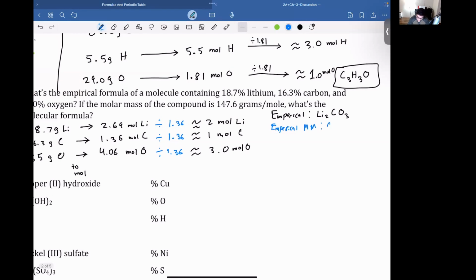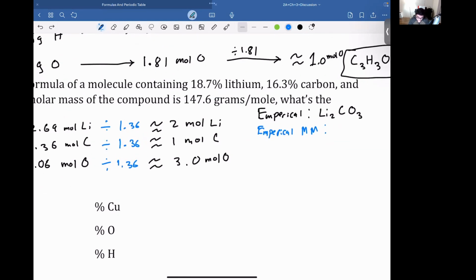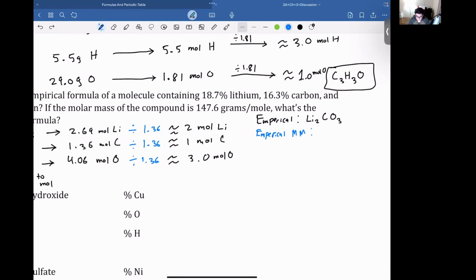So it's 66.94. Oh, no, that's not right. I forgot to add 2 lithiums. Make sure you don't mess that up. 73. There we go. That makes more sense. 73.882 grams per mole. Now what you can do is you can look at the molecular formula, molar mass, and say,